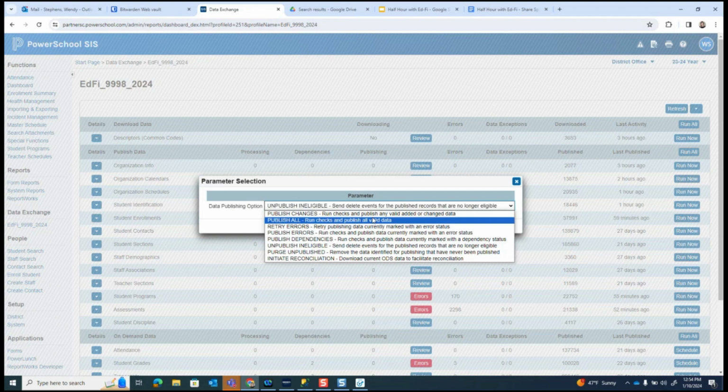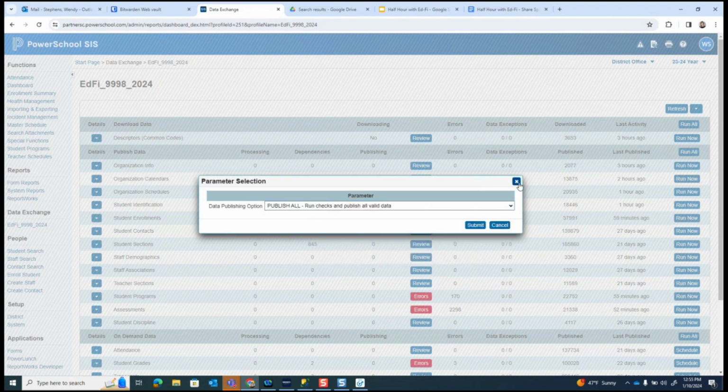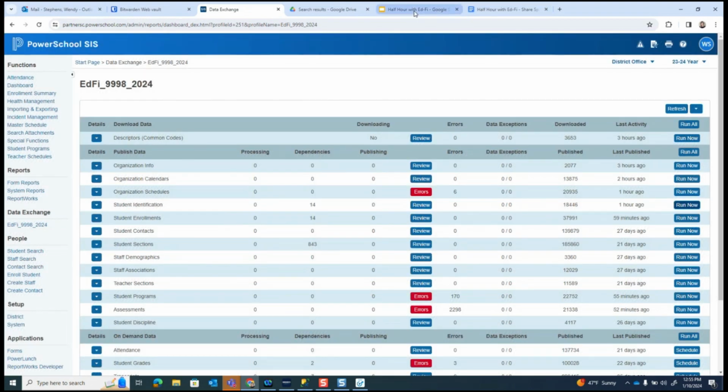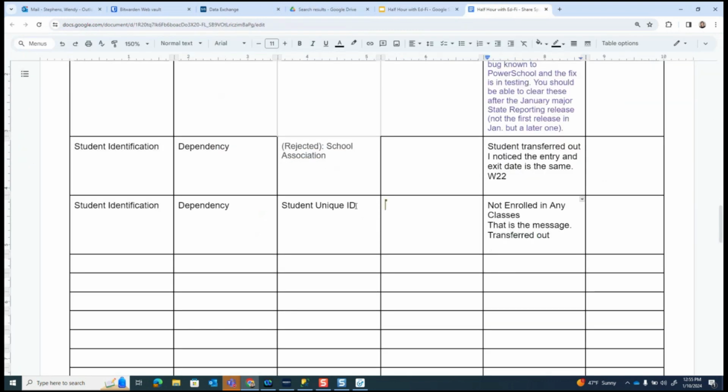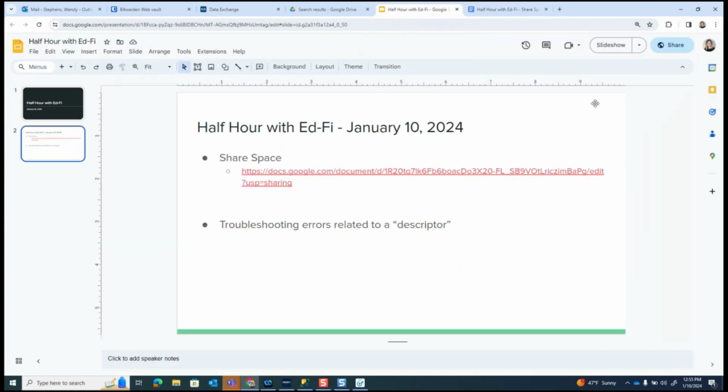Then you'll see if that publish works, and if not, either next week, bring this issue back or email one of us. And if they never got a student unique ID, that would probably cause that too, right? If they're inactive, they wouldn't have one, so you could still get them one. Well, thank you for sharing those. We'll circle back, give that a try.